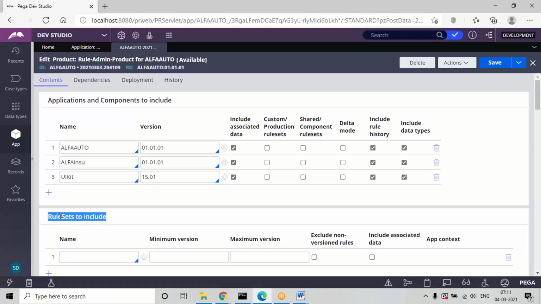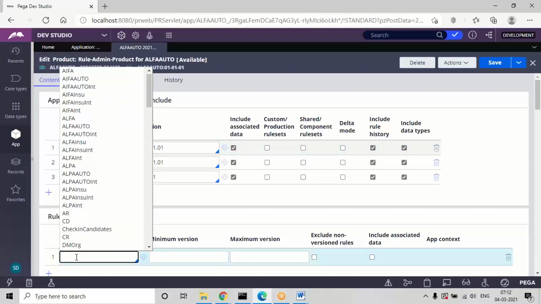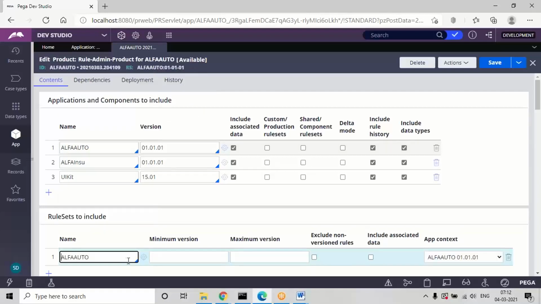Though we defined the rule set name in the previous step and it is already added, once again we have to configure the rule set name. The only rule set we are using is alpha auto. So once again, mention the same here in rule sets to include. See here, the minimum version is 010101, and the maximum version in my application is also 010101.